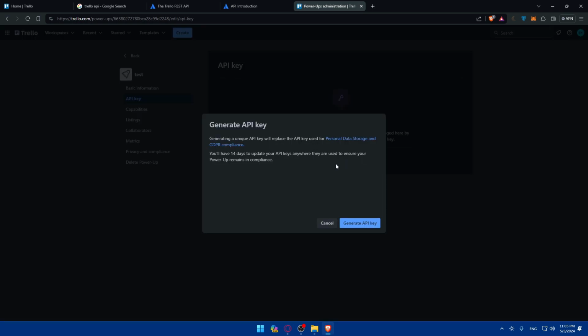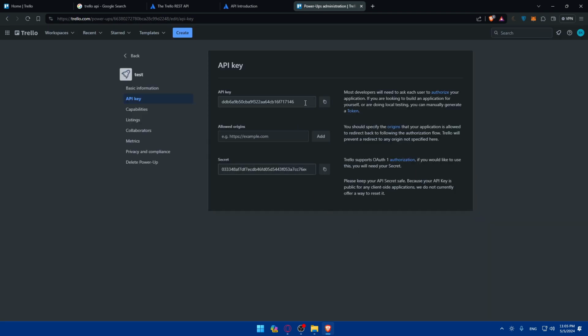a new API key. So click on it. As you can see, generating a unique API key will replace the API key used for personal data and storage. Make sure that you know that. And you will have 14 days to update your API key anywhere it is used to ensure Power-Ups remain in compliance. For me, I'll just go in here and click on generate. And as you can see, they'll give me my API key and I'll be able now to go and use it